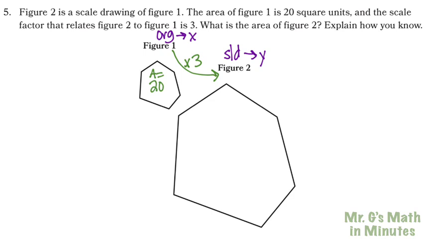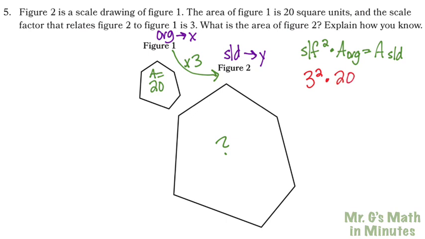So in doing this problem, it's really simple. If you remember what we did in class, the conjecture that you made up was that if you take the scale factor and square it, and then multiply that times the area of the original, you're going to get the area of the scale drawing. So if figure 2 is our scale drawing, that is the area that we're trying to find here. We're going to take the scale factor, which is a 3, square it, and then multiply that times the area of the original,